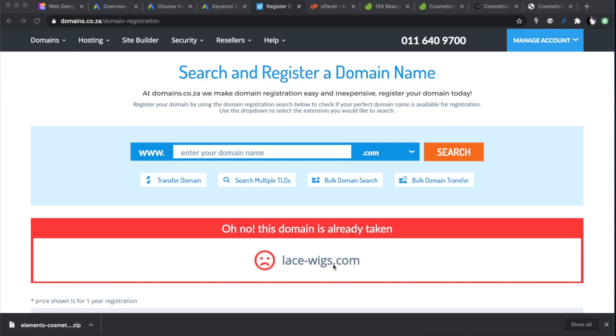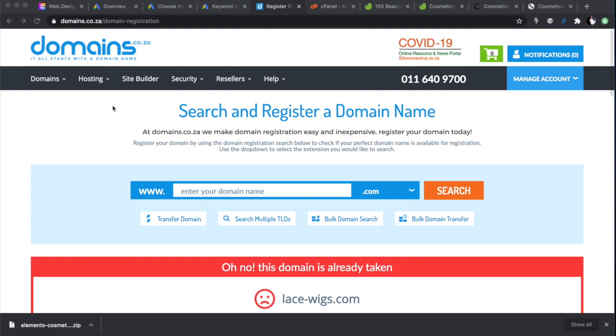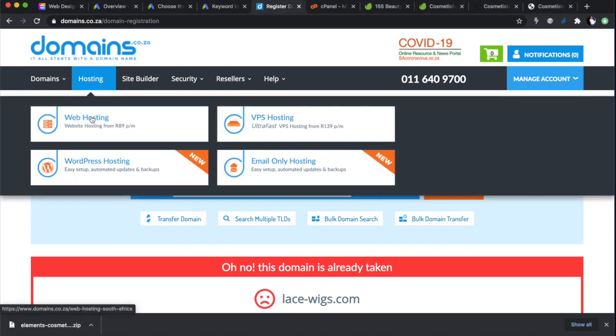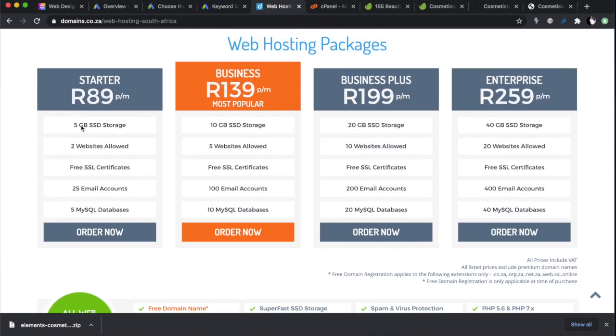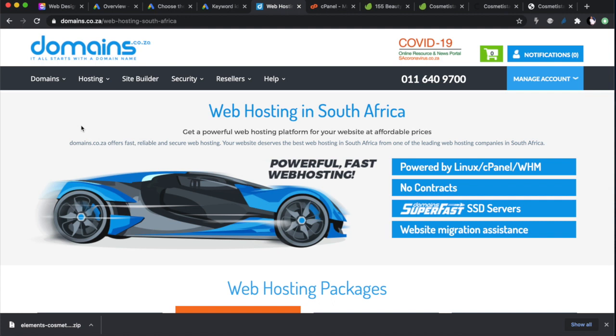So once you've made your purchase, if you're purchasing for the first time from domains, you can just buy a hosting package as well. If you buy a hosting package, you will pay 89 rand a month. So you will go to hosting there, and you will go to web hosting, and you will buy a hosting package. You can buy this one with 5 gigs, that's sufficient. And then the domain will be included for free. Then you don't pay for the domain, you just pay the 89 rand a month. And it's not a contract, so you can cancel it at any time. And then the domain after that, you have to pay to renew it every year. But I already have a hosting package, so I'm not going to buy it. I just added this to my existing hosting package, and that's fine.